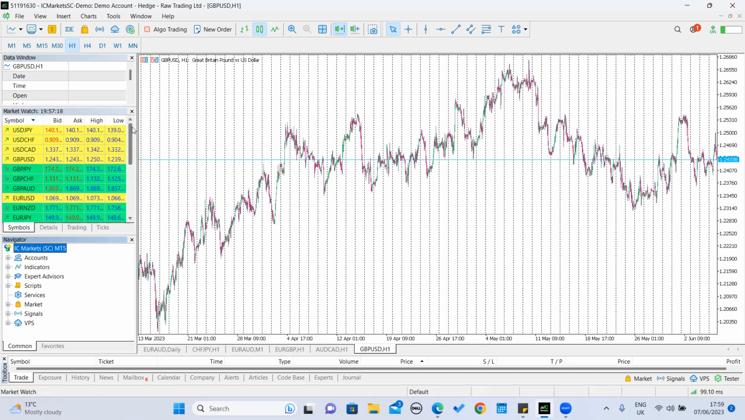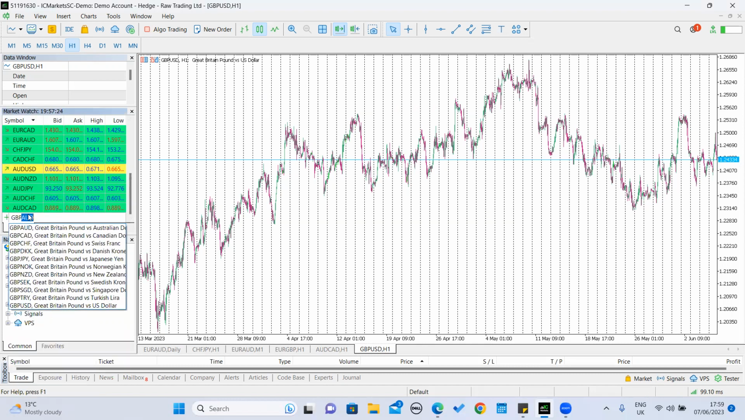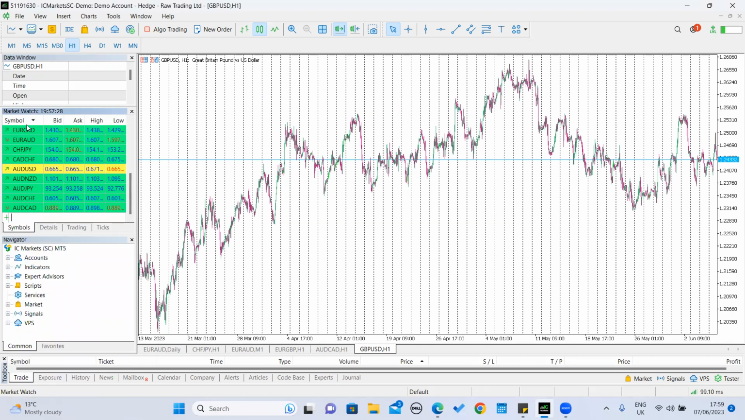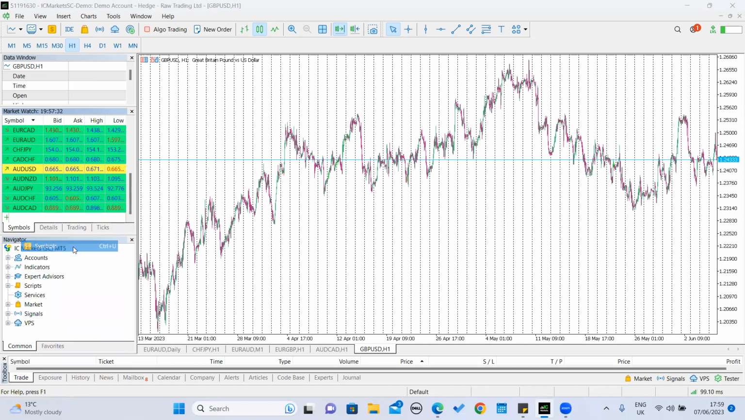So let's say there's something that you want to find, it's not there. There's a few ways to do it. So you can click to add it. You just start typing and then select the one that you're looking for. If you still can't see it, you can right click on symbol and you can go to